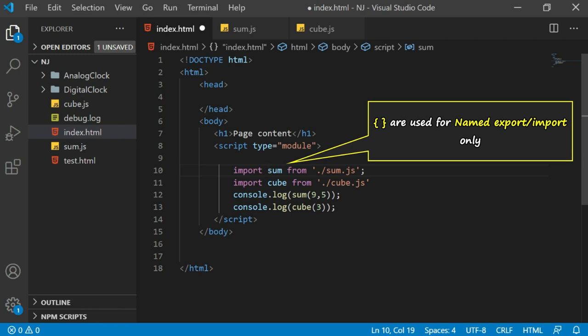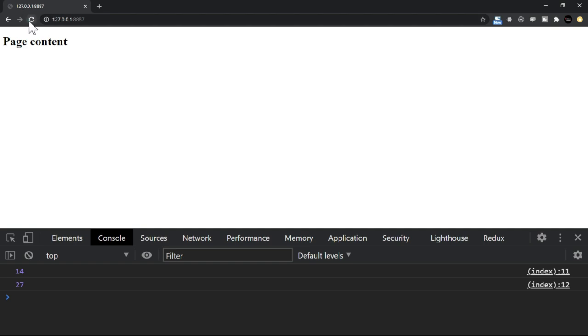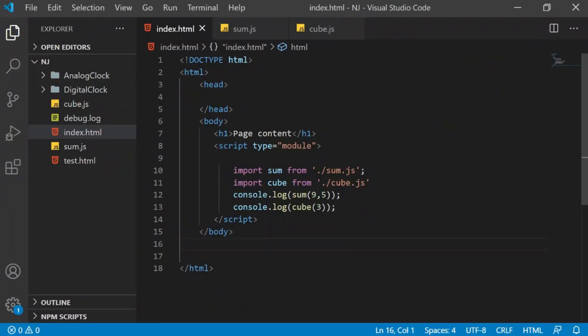Here you must observe that now I am not using the curly brackets. You use the curly brackets when you have named exports, but when you have default export, you do not write those curly brackets. It means you write import and then the name. Now this name is also open for you. You decide what name you want to give. At the moment we keep sum and cube. Let's just run this to see whether the default export and import is working fine or not. I'll go to the browser, refresh the page, and now here we have the output working absolutely fine. But the difference here is now we are not using the named export and import. Instead, we are using the default one.